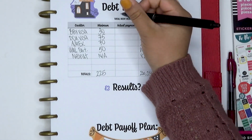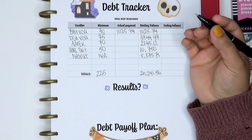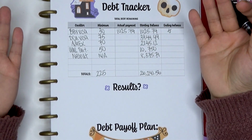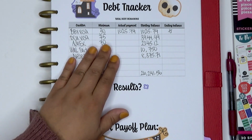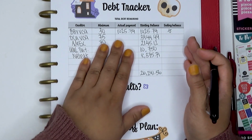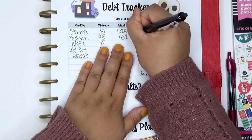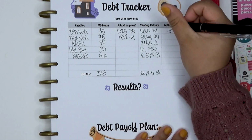So for my Best Buy card, I did pay the $1,025.74, which was on the statement balance. And because there wasn't any interest on this balance, it was a promotional one, I did end with a zero balance on the card, and the card was paid off. So with my credit union card, I was able to take a little bit of that refund and apply a small extra payment on it because now that is my new snowball target card. So I was able to make a total payment of $532, sorry, and 14 cents. And after interest, I ended at